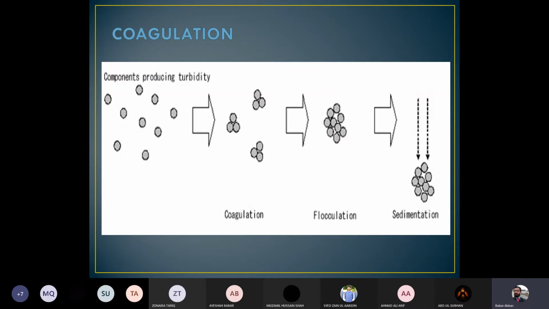This is another diagram which shows the suspended colloidal particles at initial stages, and after the addition of the coagulant, these are joined together by the attraction of positive and negative charges, and later on all these larger particles join together to make flocs, and in a later stage these flocs settle down in the sedimentation tank. So this is the process which occurs in water treatment to remove the physical